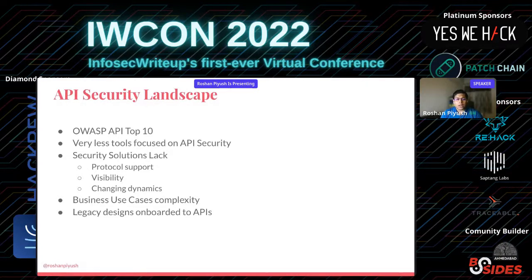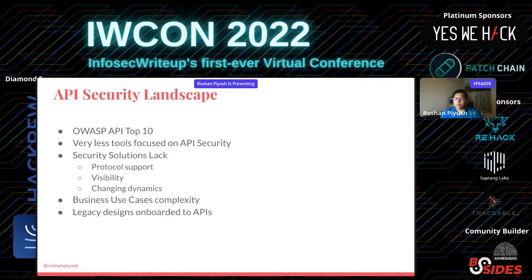Yeah. There are also very few tools focused on just API security, because everything before was just an application bundled together. All tools got built on that. Now they are being modeled to suit the needs of APIs, but not from scratch, like thinking about what APIs are in design, because APIs most of the time have a very different structure with each implementation. And because of that, the challenge lies: no tool is able to keep up with them.